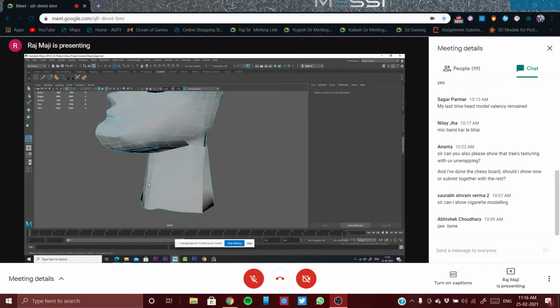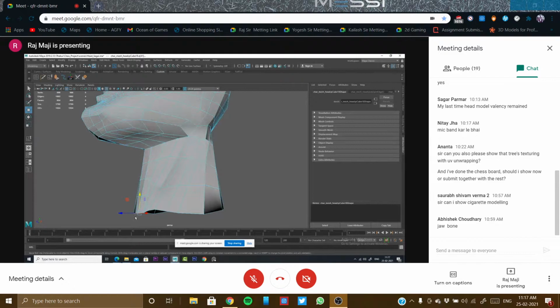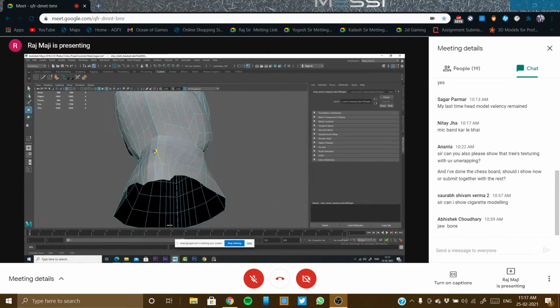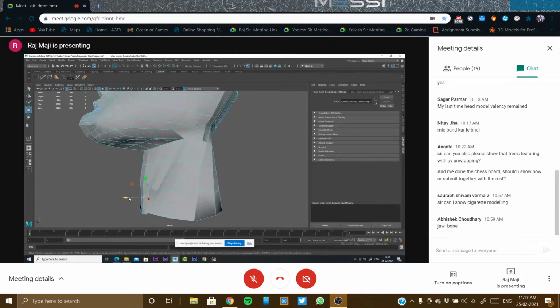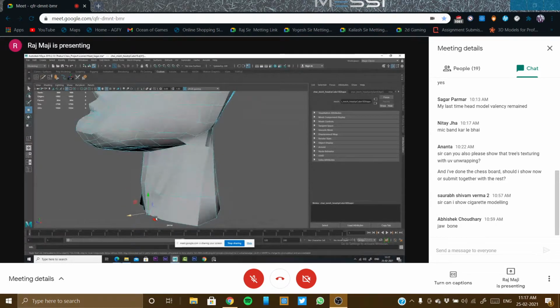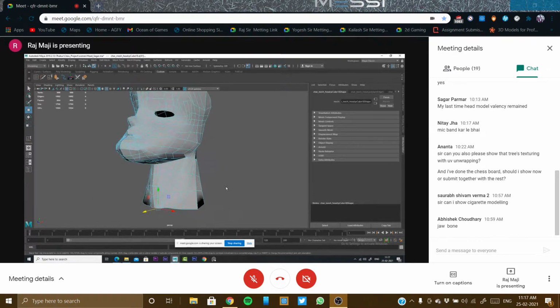Okay, after this also some more adjustments we need to do, like this area, the sternum, actually it should go inside in this, not like that. That is the reason I told, like according to the reference we need to work in this area anatomically, and this muscle will come and overlap that area like this. Okay, that's the anatomy. Nita, you got my point?